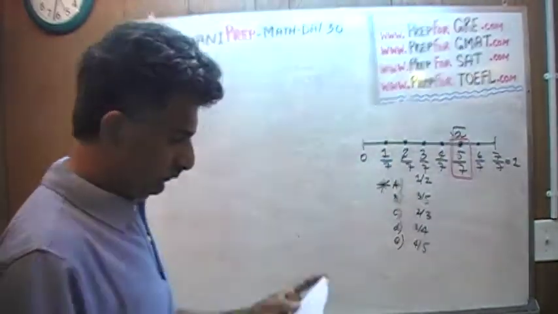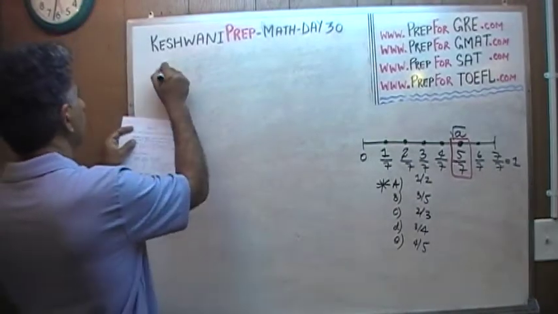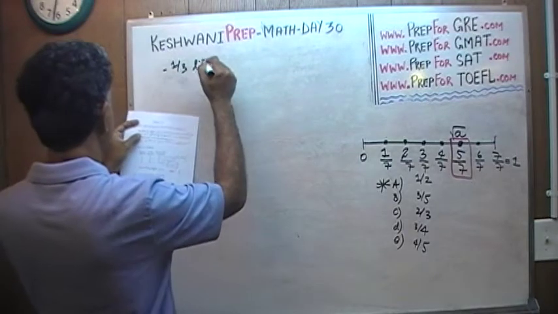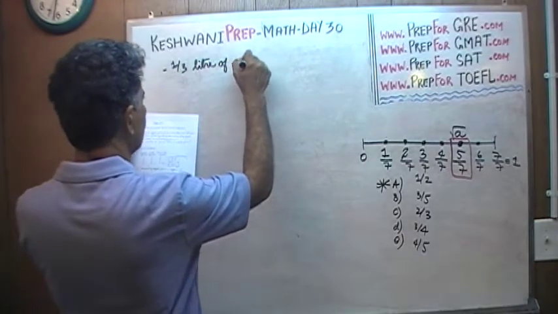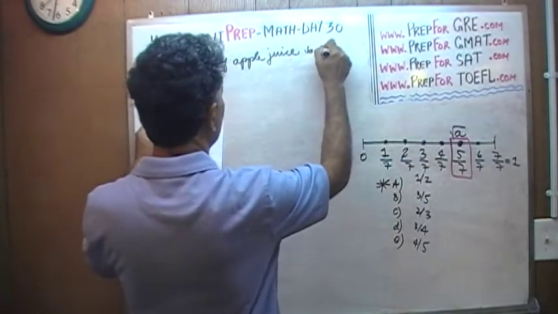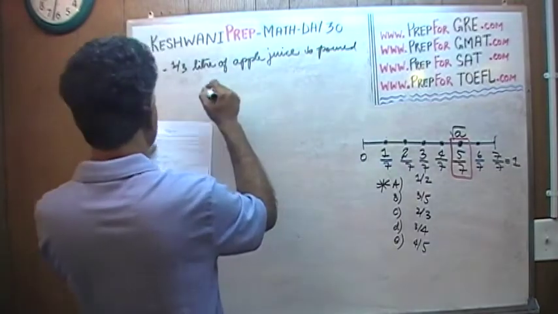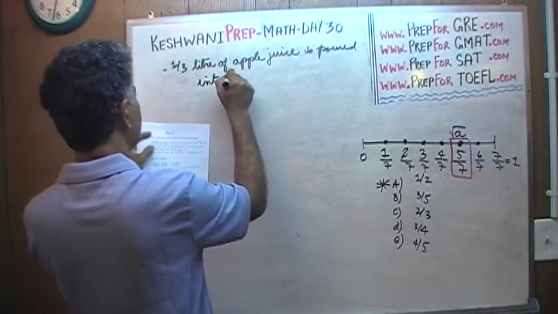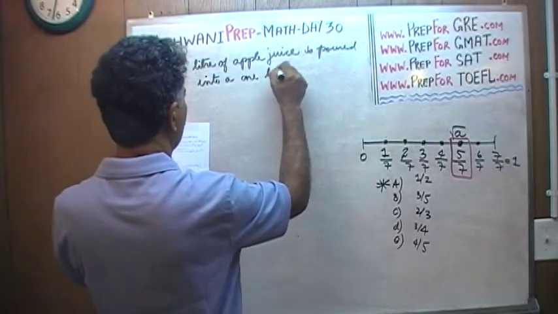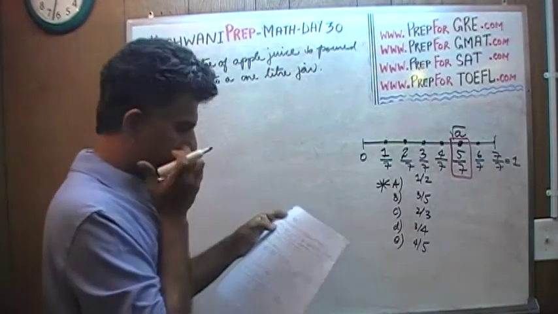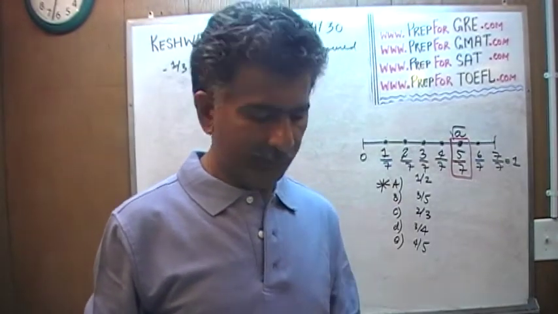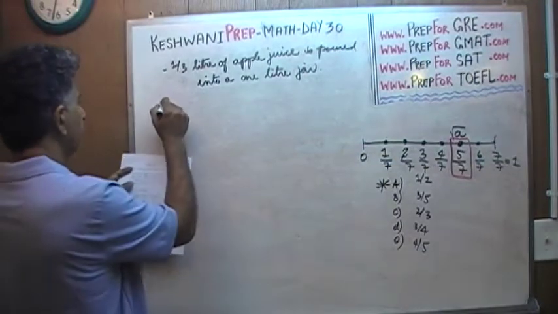Here is the problem. We are told that a third of a liter of apple juice is poured into a 1 liter jar. So you took a third of a liter of apple juice and poured it into a jar whose capacity is 1 liter. We are told then the jar